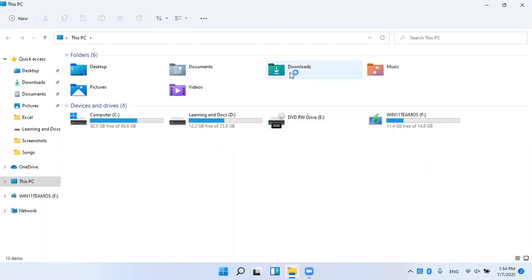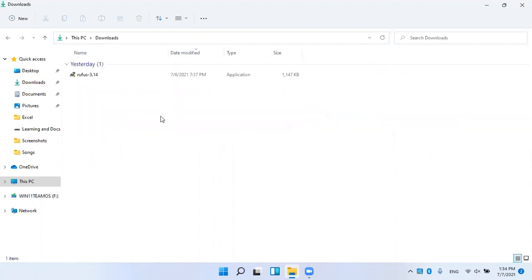For that you need to download Windows 11. First of all, that is an ISO file. I have given the link in the description. You can check there, click, and download that ISO file. And you need to download Rufus, and its link also I have given in the description. After downloading Rufus, you need to install it.